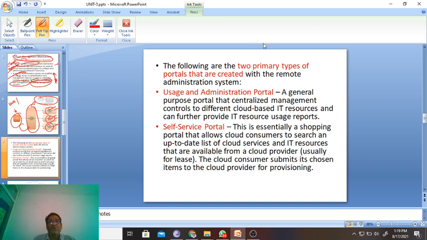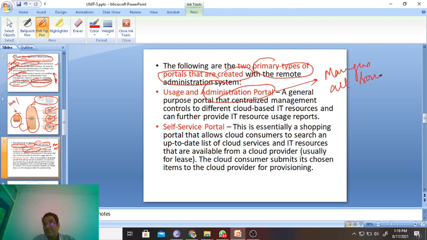There are two primary types of portal that are created in order to use this. One is the administrative portal, which manages all the resources for different users in an organization.